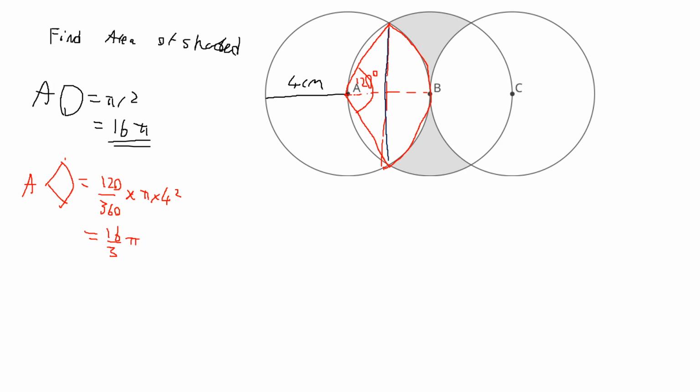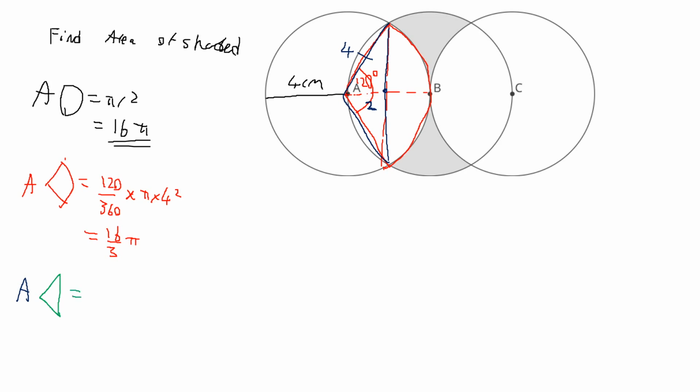Because this is a triangle. So now we can work out what the area of this triangle is. Because this is 4, right? This has to be 2 because it's halfway in between. It's a midpoint, isn't it? And therefore this is 60. So what we can do is we can say that the area of this triangle, I'm going to do it in a different color,